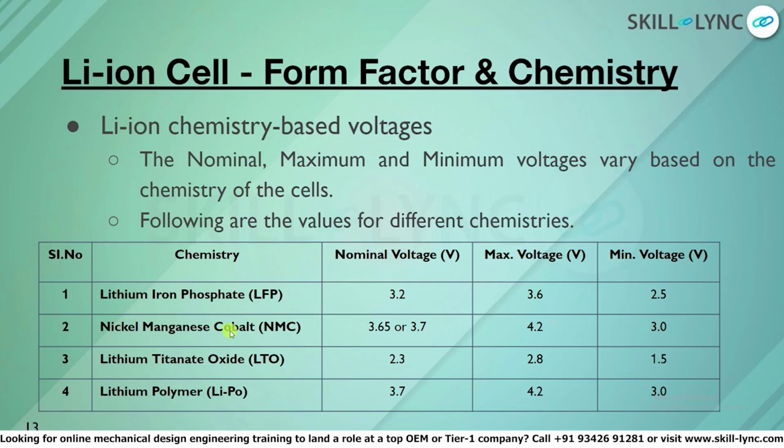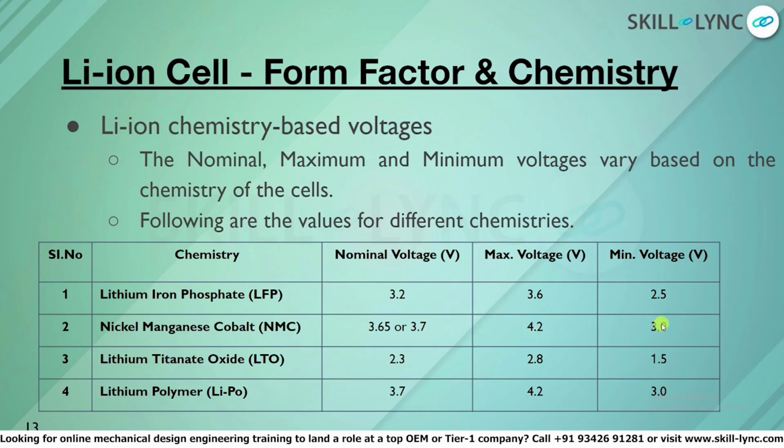And when we have different chemistries like lithium iron phosphate, nickel manganese cobalt, lithium titanate, lithium polymer, each cell has its own voltage window. Now here we see LFP, which has a nominal voltage of 3.2 volts, a maximum voltage of 3.6 volts and a minimum voltage of 2.5 volts. Which means when you have a cell and it is charged to a maximum voltage of 3.6, it can be discharged to 2.5 volts. We have NMC, which has a nominal voltage of 3.65 or 3.7 volts,